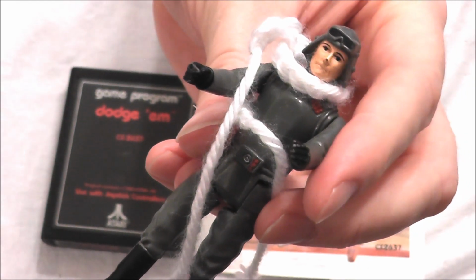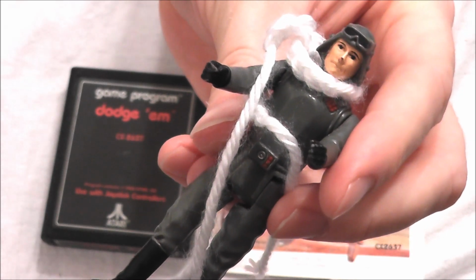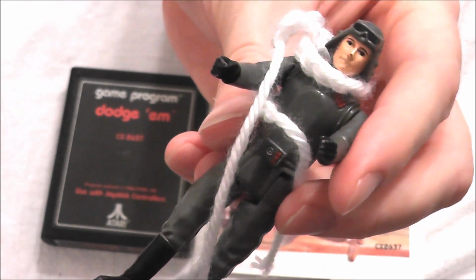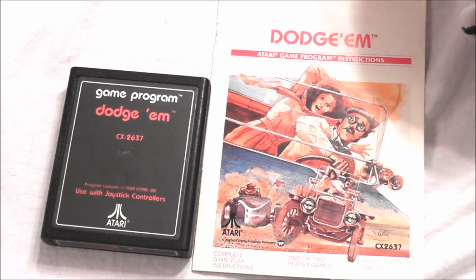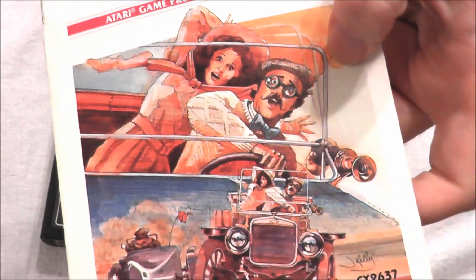One of the reasons why AT-AT Commander likes to wear a scarf is because it reminds him of his great-great-grandpappy Percival Commander, who used to be a model for video games such as Dodge 'em for the Atari 2600,